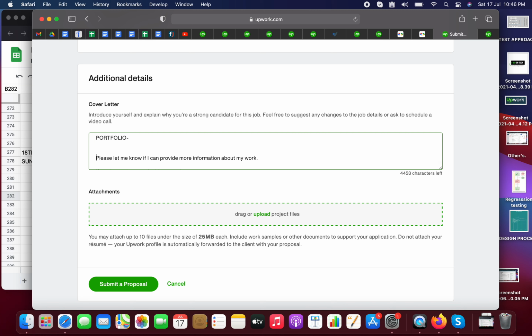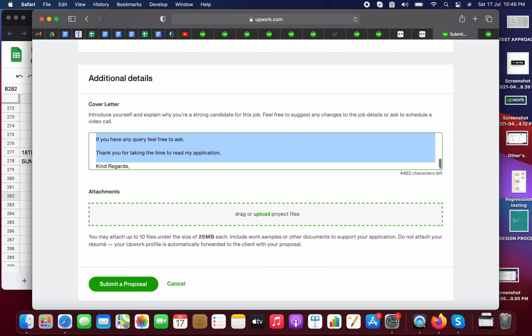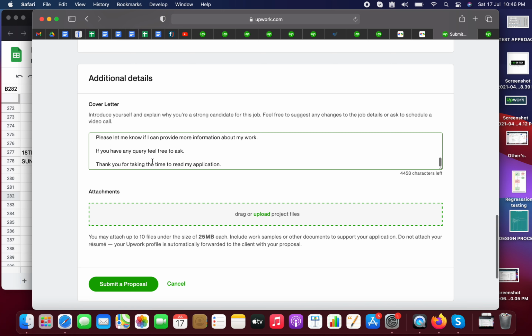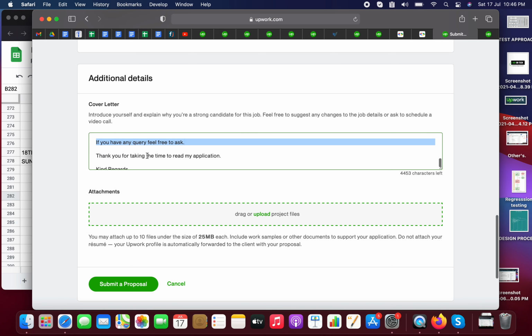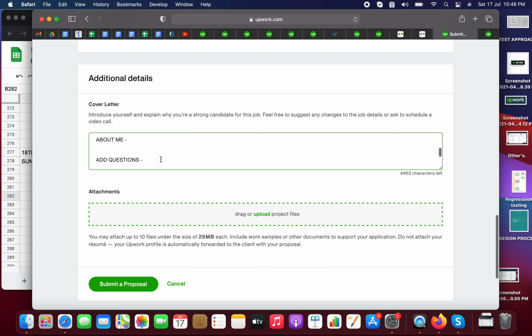After that, you need to add a few lines. At the end, you need to add your name. So there are a few lines at the end you can add in your cover letters. These are the pre-prepared lines you can add. So you need to